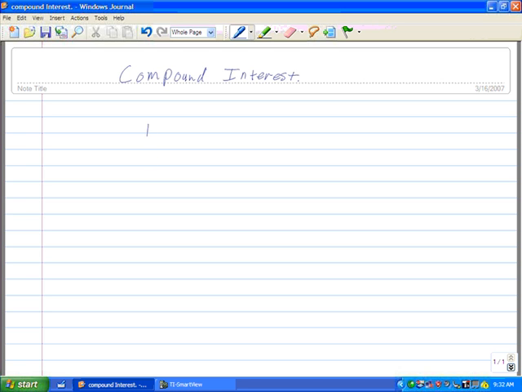if you look at a CD over a timeline, let's say we were to put $100 in the bank and you're getting paid maybe 10% interest monthly. Well, at the end of the first month, what's going to happen is the $100 is going to get multiplied by 10%, giving you $10 in interest. So that when you reach the end of the second month, you're going to earn 10% again,